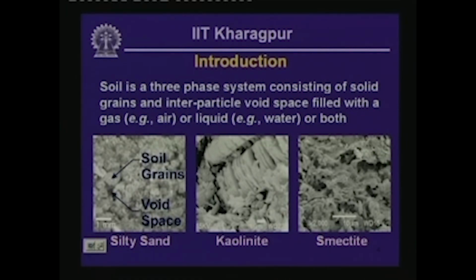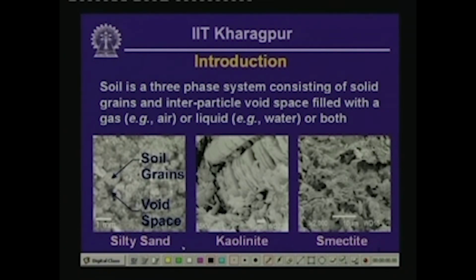Okay, so some of these concepts are shown with three photographs at the bottom of the slide here. The photograph on the left shows a photo of silty sand. Now let me highlight the scale of this particular photo. This much length of this particular photo represents 1 millimeter. So you can say that this particular grain of sand has an approximate dimension of 1 millimeter